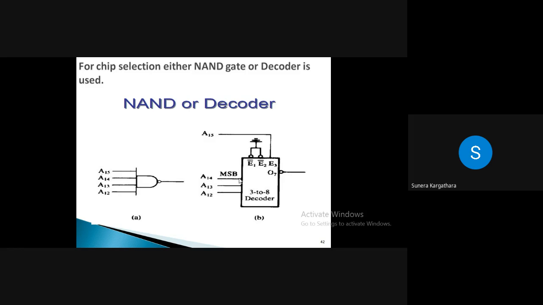So right now we are focusing on how many types of memory we have. RAM and ROM we have discussed. If you want to connect RAM with your microprocessor, how to connect? If you want to connect ROM with your microprocessor, how to connect? If you connect RAM and ROM both with your microprocessor, then how can you do this by chip selection? Am I communicating, students? At least the minimum, does everyone understand? Yes or no?